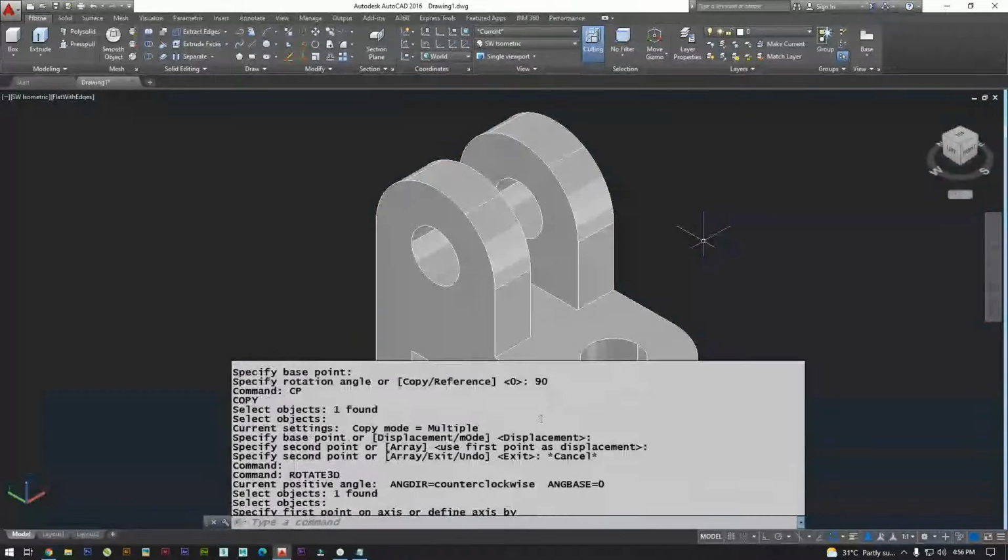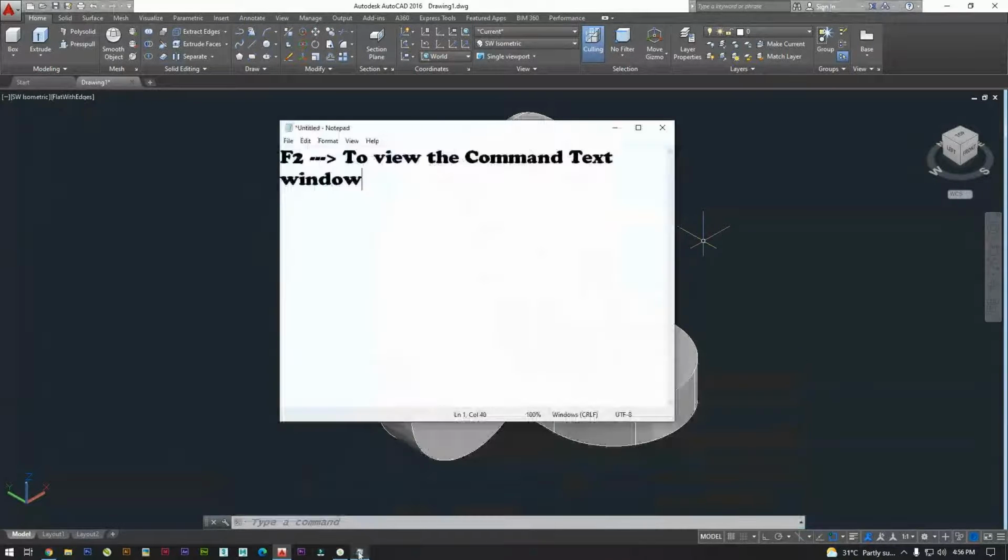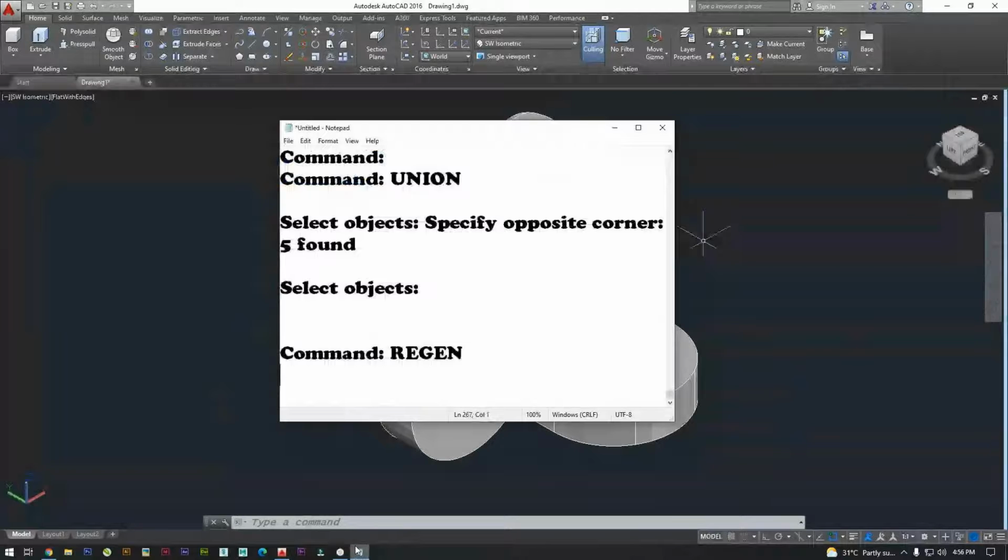If you want, right click, I can give copy history. You can go to Notepad or anything, paste it and keep it.